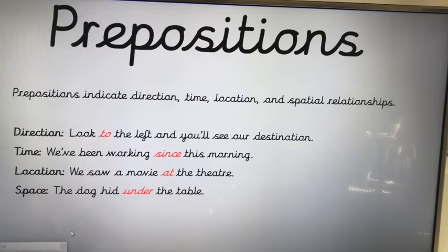We're going to learn today about prepositions. Now prepositions indicate direction, time, location, and spatial relationships. Now that all sounds a bit confusing, but basically what that means is, if I was to say, look to the left and you'll see our destination, the "to" in that sentence is a preposition because it refers to the